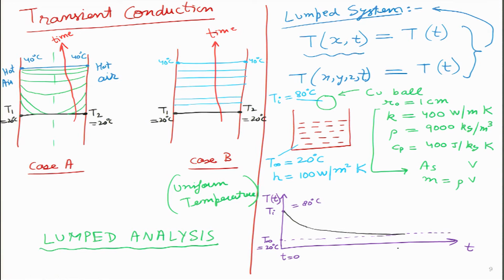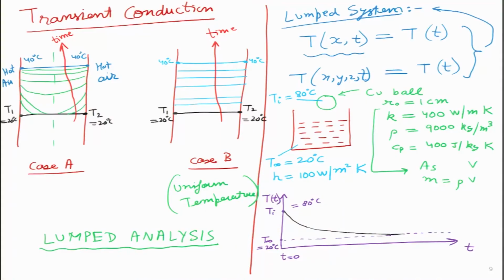Right. Now, what happens if I want to cool this ball much faster? So, in other words, I will put a quantitative number over here. Let us say this curve which I have drawn over here is essentially temperature as a function of time. So, if I say that in 100 seconds it reaches very close to 20 degrees, I am not satisfied with that. I want this thing to happen in 50 seconds. So, let me make the half point over here. I want the same curve to be achieved in 50 seconds. The temperature should drop drastically like this. In 50 seconds it will come over here, then it is going like this.